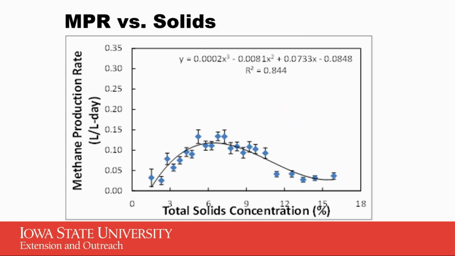We could certainly water down our manure and reduce the amount of methane it's going to produce, but then we're paying more to haul that manure out because we're not hauling out nutrients, we're hauling out excess water. We can also increase the dry matter, but it's really hard to be that conservative, and it creates logistical issues hauling manure that dense. It's not as easy on equipment. So there are challenges, but we do know there's a sweet spot, probably 5 to 8% total solids concentration, which also happens to be the sweet spot for methane production.